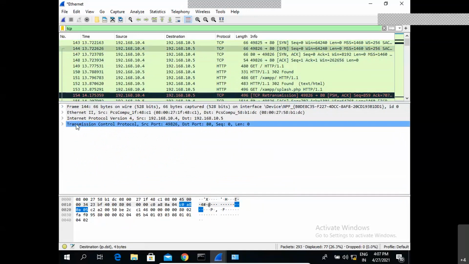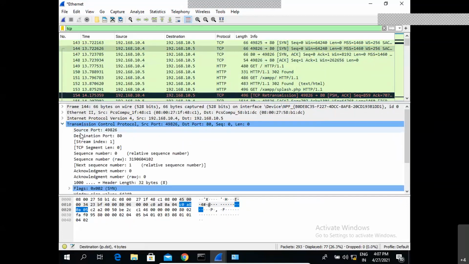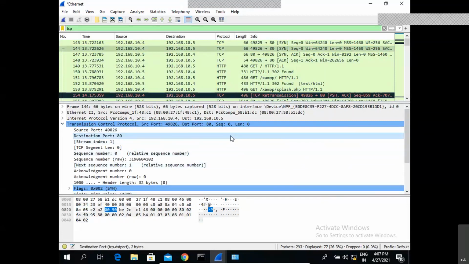If we expand this TCP protocol, I'm sending a communication to port number 80. You can see the destination port as 80, right? So from 10.4 to 10.5, I am trying to start an HTTP communication, that is, the destination port is 80. And in the flag section, this is my first communication.